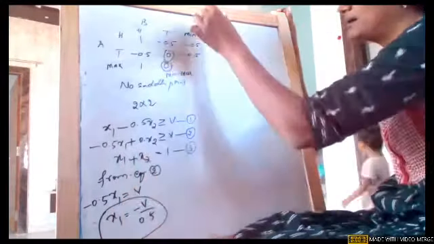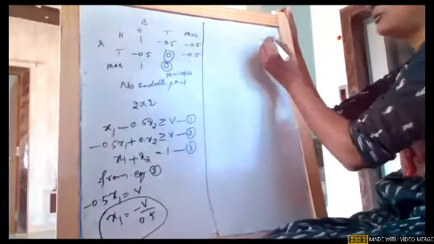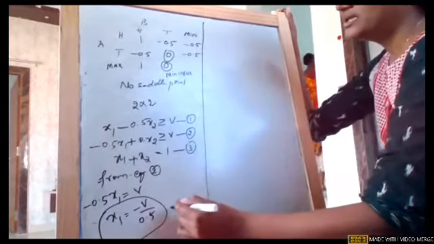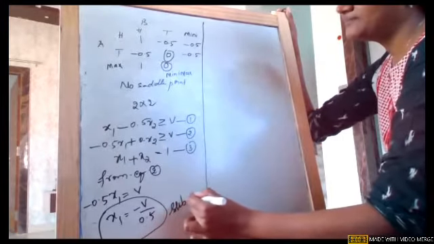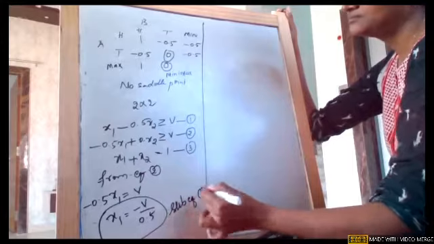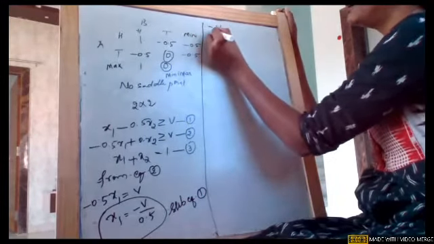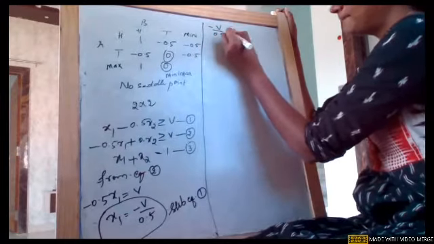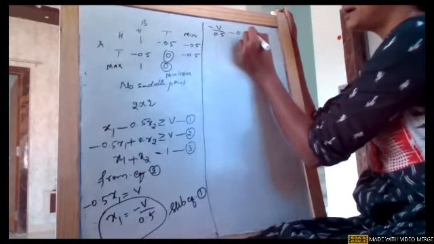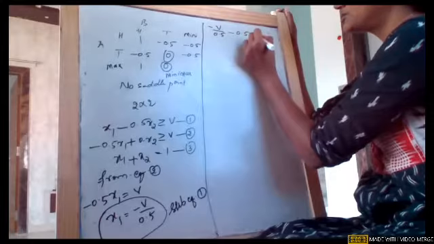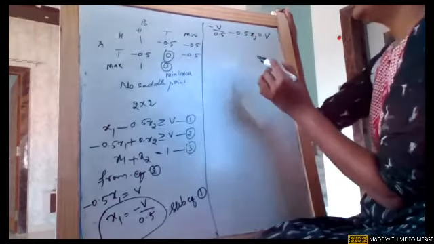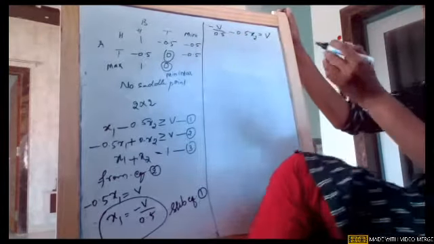Is it clear to you all? Now substitute this in equation 1. When I am substituting x1 in equation 1, minus v divided by 0.5 minus 0.5 into x2 is equal to v. When I solve it out,